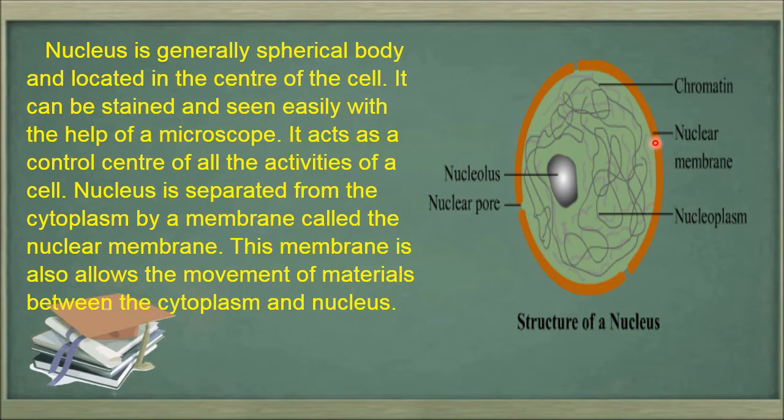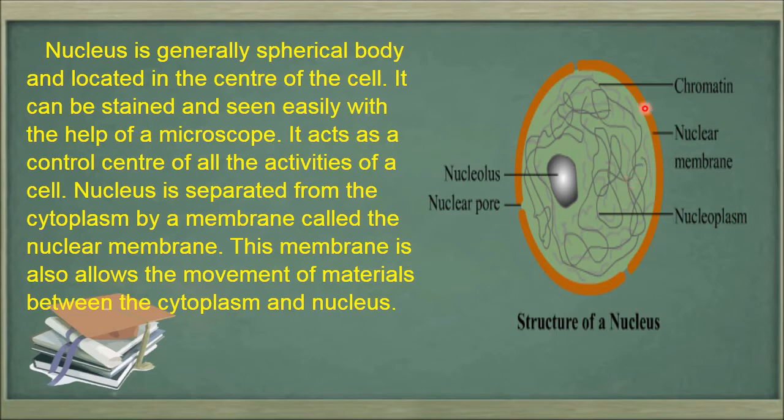So the nuclear membrane is actually separating the nucleus from the cytoplasm. The nucleus has a separate membrane which separates it from the cytoplasm. As it has a nuclear membrane, for the material which goes into the nucleus and comes out from the nucleus into the cytoplasm, there is a pore-like structure which is called a nucleopore. So things can go in and out through the nuclear pore only.